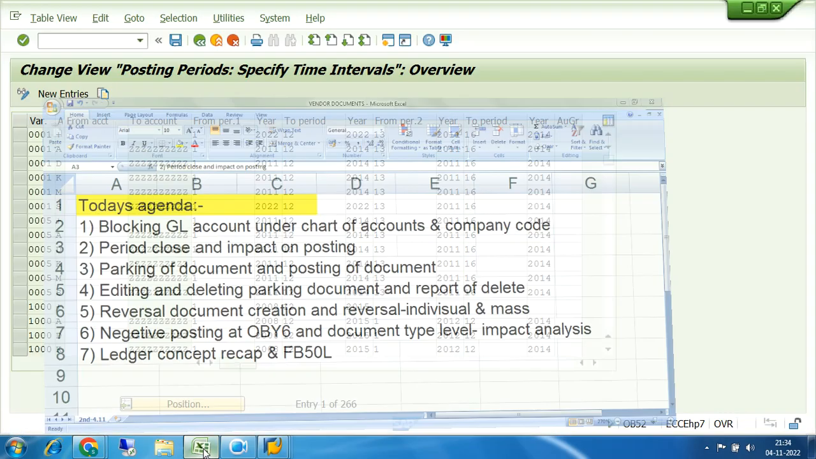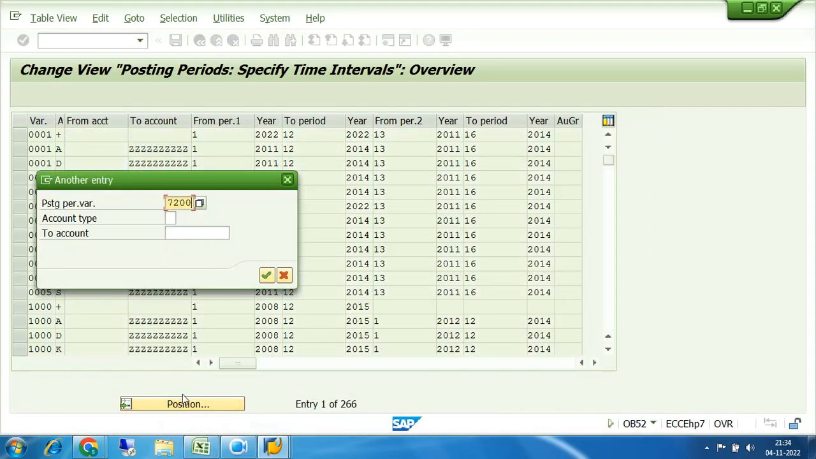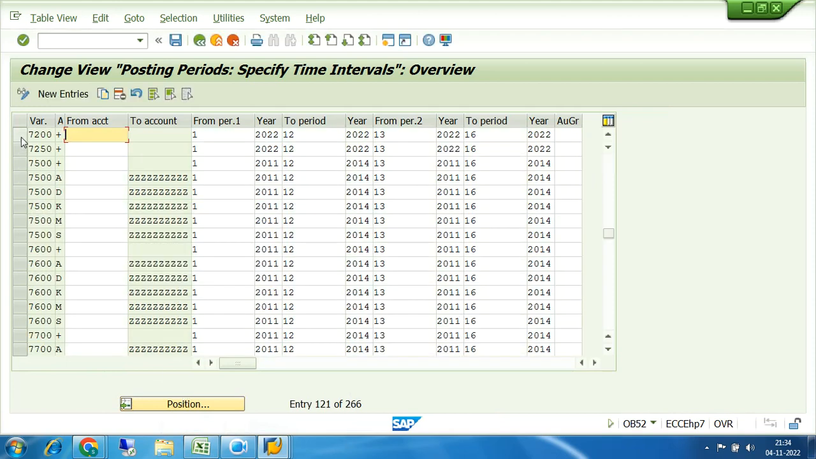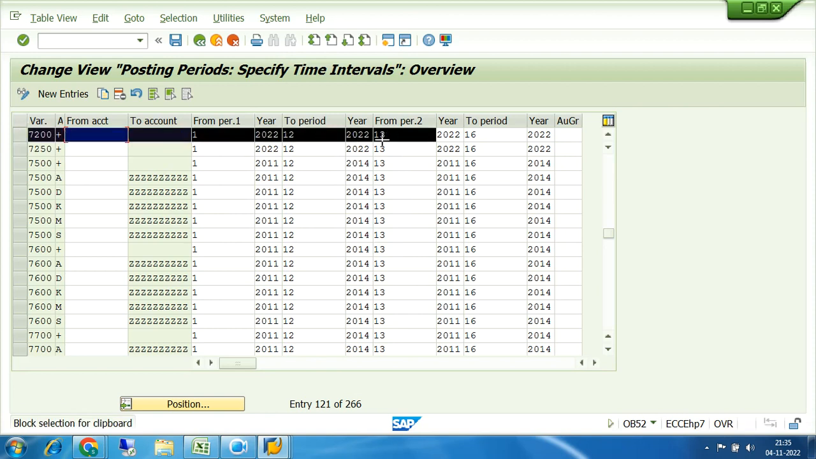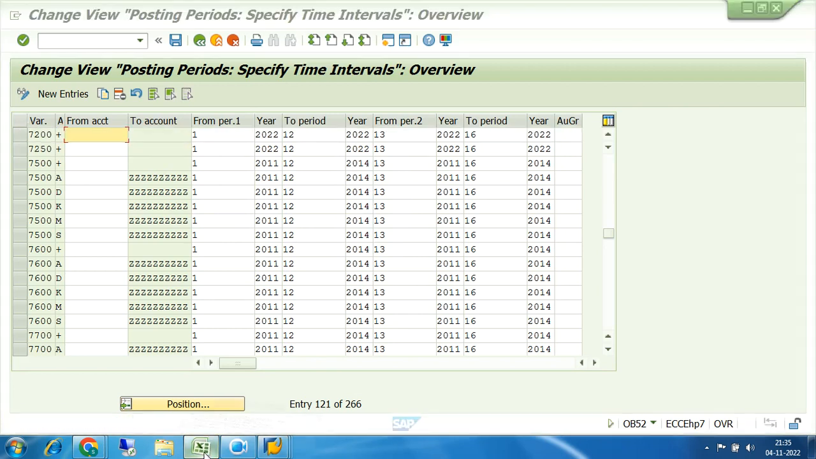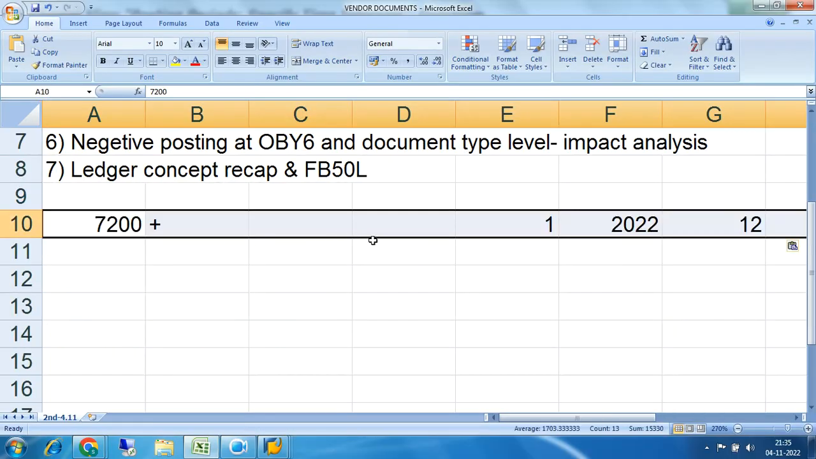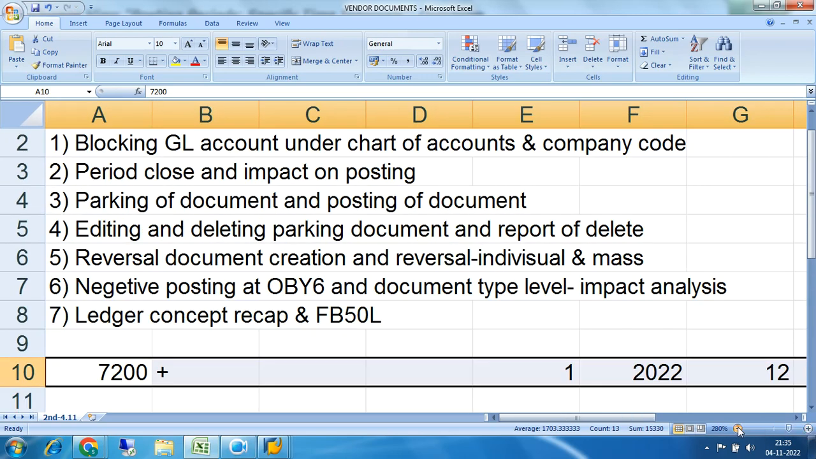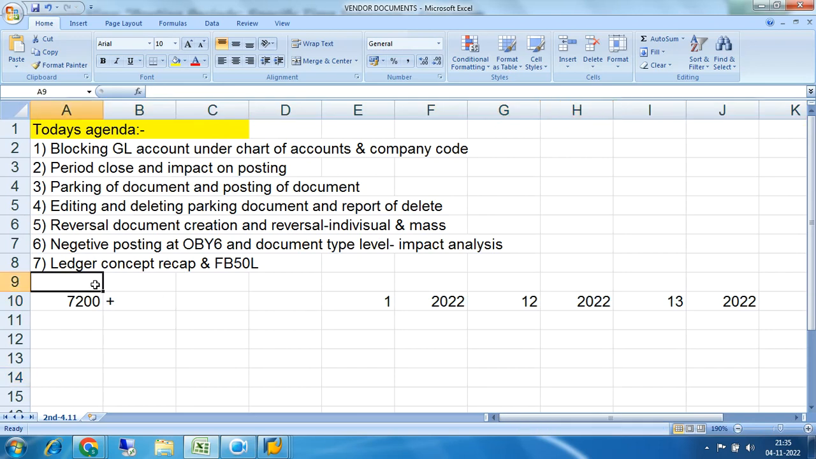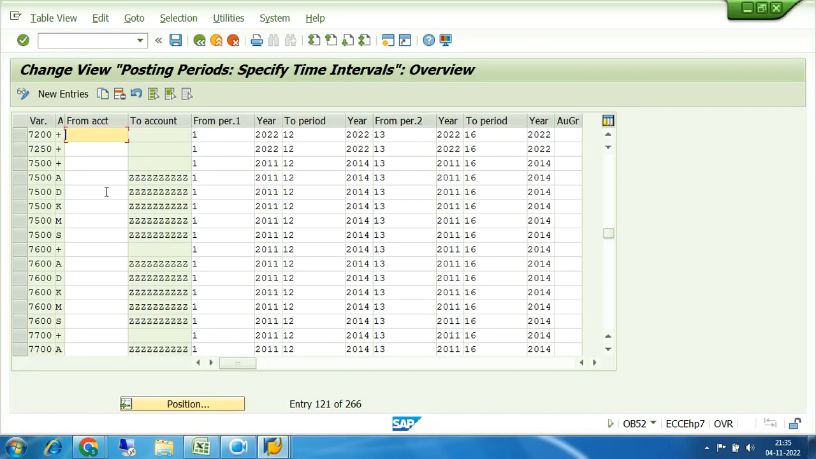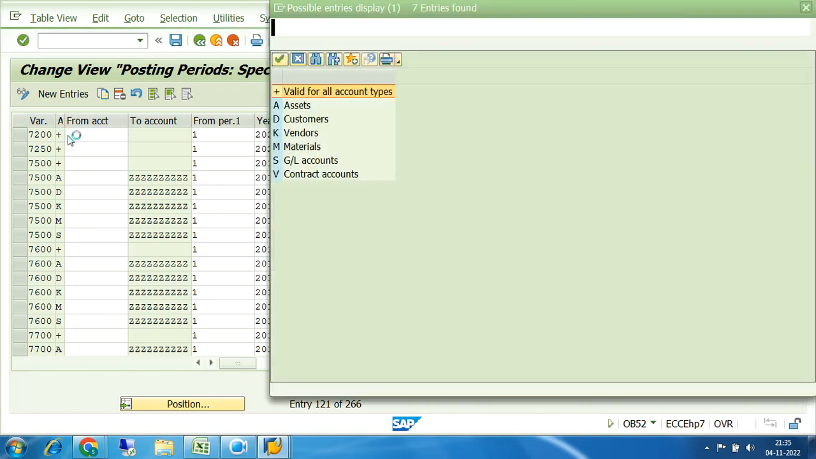Let us take an example. Suppose this is my 7200, because that is very important. Understanding is very important. Okay, so in my open and close posting period, this is what I have found. This is my posting period variant. This is my first period to 2022, then from period to period, and I have given a plus sign. Let us come here and see. So I have put the plus sign here. If I click here, then you see